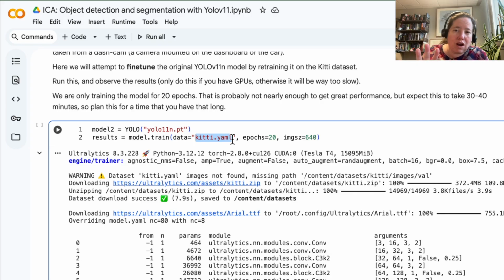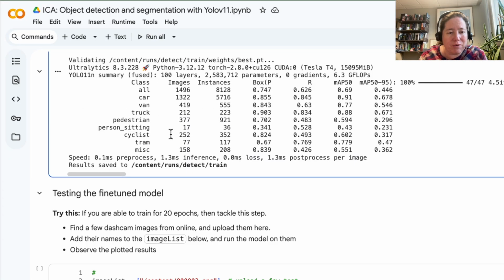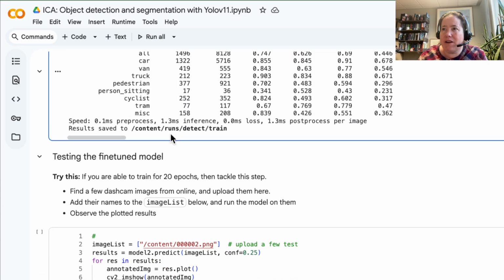So we're going to try having you on your own run this. Train it for 20 epochs. If you're running it in Colab with the use of GPUs, even the free level, it took about 30 to 40 minutes for me to train those 20 epochs, and it looked like it was doing a pretty good job. So what you'll do is you'll run this code block. It produces a whole lot of output. I'm not going to go through it. And then at the very bottom,